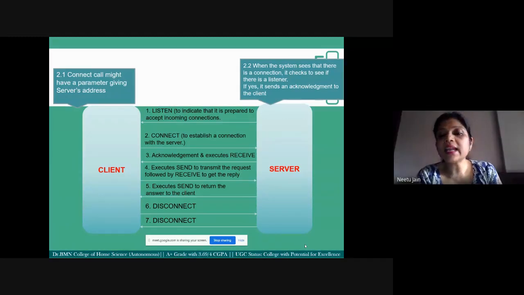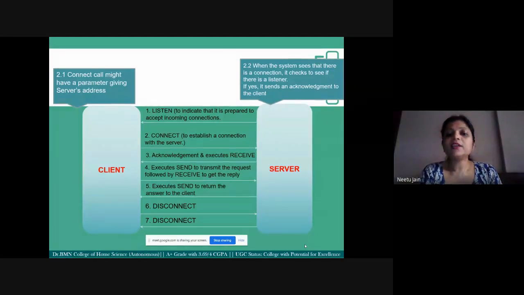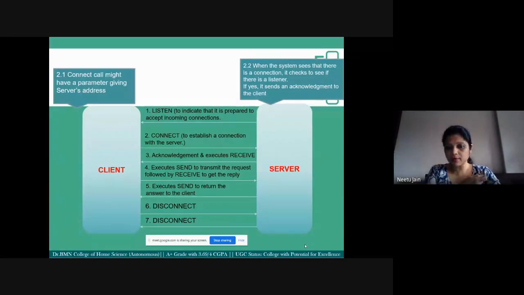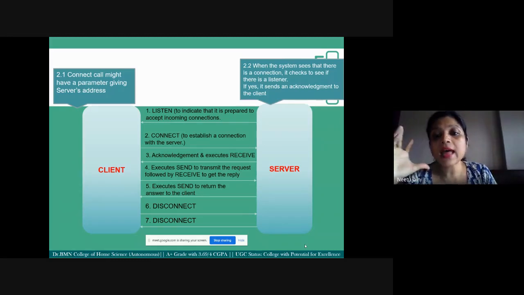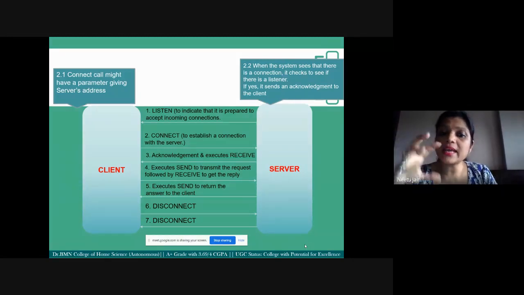See, servers and clients are in connection only, right? But then to transmit, they have to establish a physical connection between the two, right? Now, virtually, logically, the server has 10 clients to be connected. The server has to tell the clients, no?